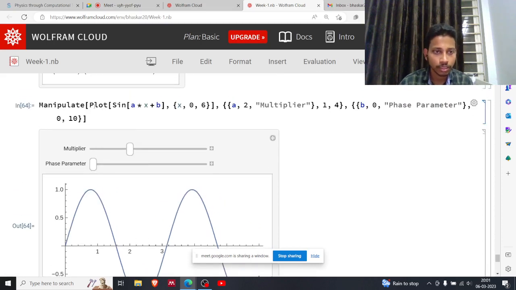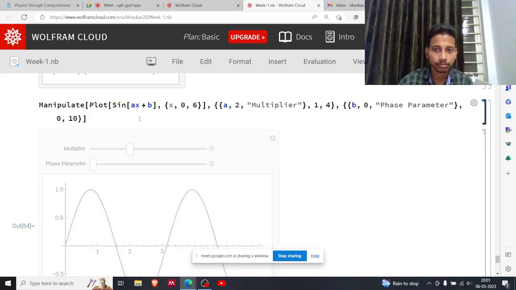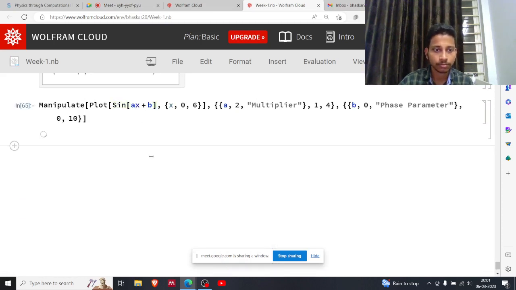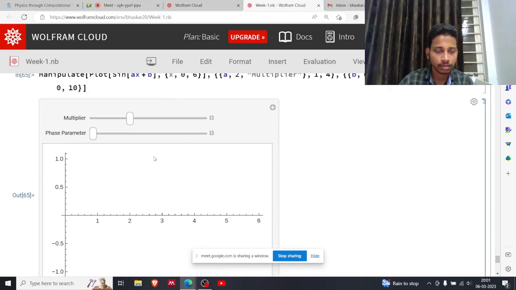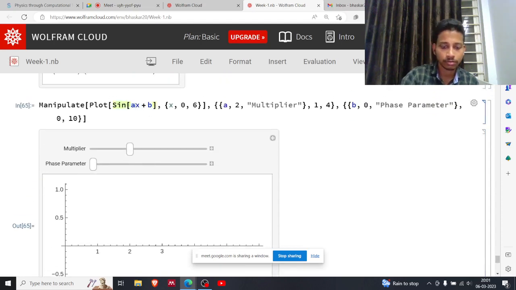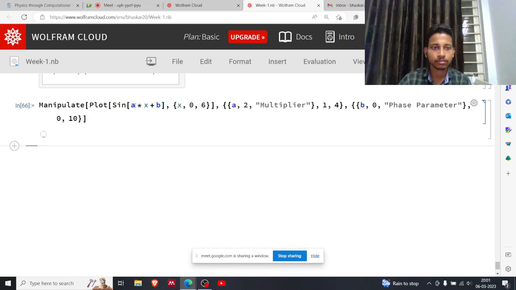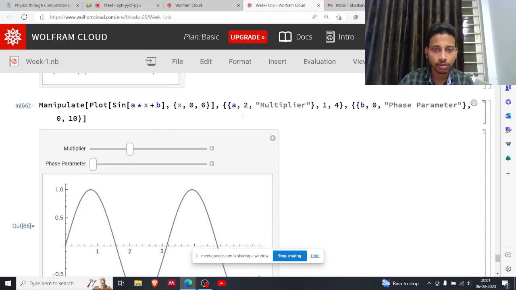Yeah, so here we have plotted the function sine(ax + b), where we have called the parameter a the multiplier and the parameter b the phase parameter. So now the value of x goes from 0 to 6,